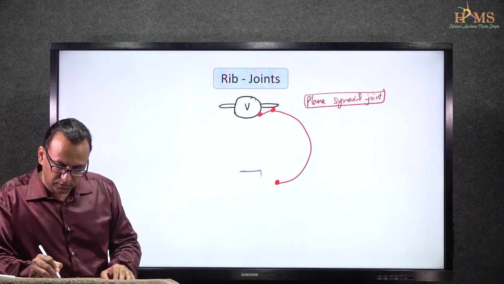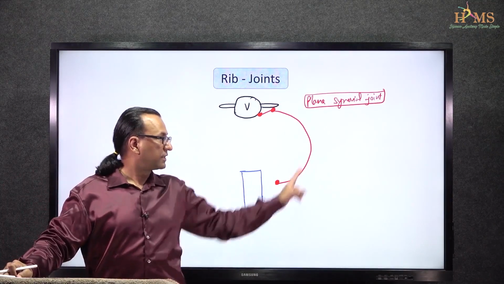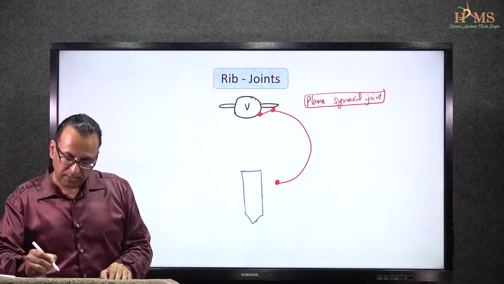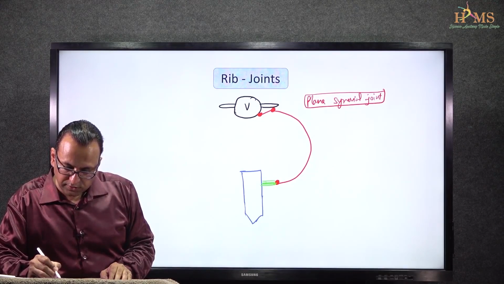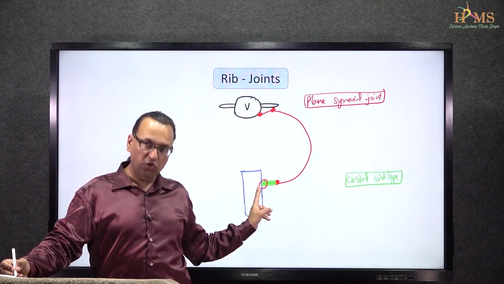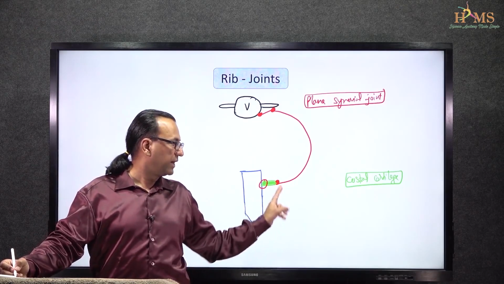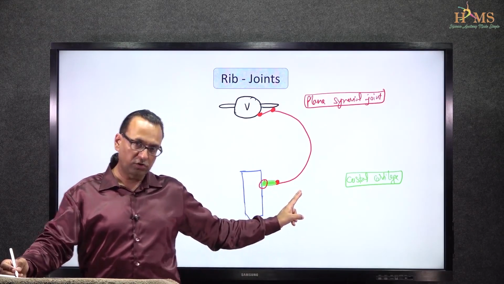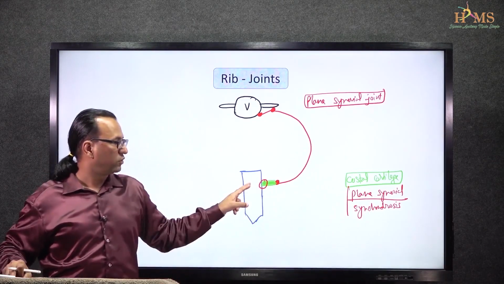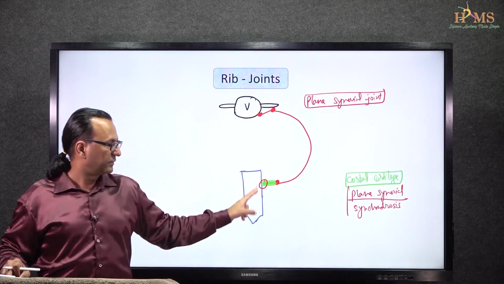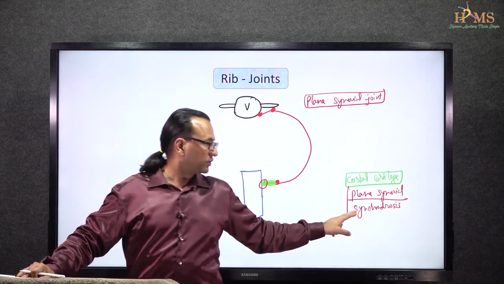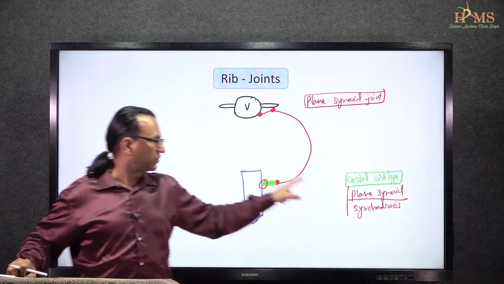Now, let us bring this rib to the sternum here. Say this is the sternum here. Understand that the rib will have a costal cartilage in between, which you can show here. This is the costal cartilage. Now the joint here will be a plain synovial joint, but the joint here will be a synchondrosis. Where is the plain synovial joint? It is called the costosternal joint. That will be a plain synovial joint. And what will be the synchondrosis, primary cartilage? It is called the